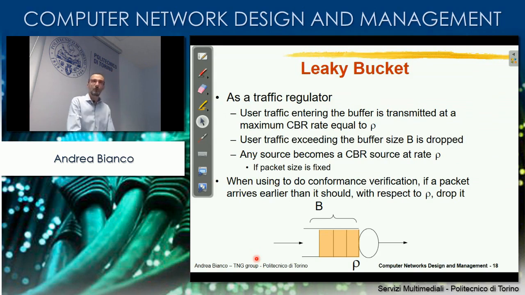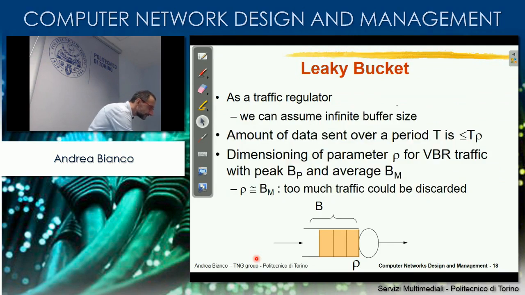If you want to use the same device for conformance verification, so you assume that the source should be a CBR source at rate rho, simply any packet that is received and that should be stored because it's received earlier than the permission, what's happening is that it's going to be dropped. So this is how to use a leaky bucket not as a regulator, but as a policer, okay, for a conformance verification. So in other words,